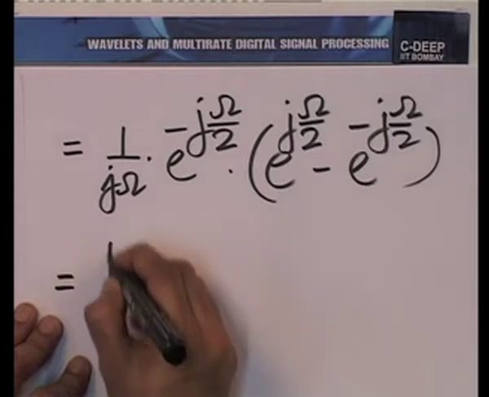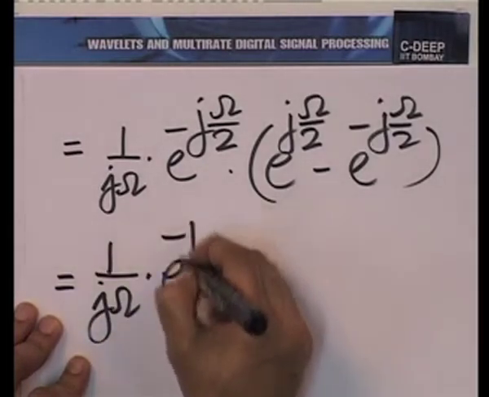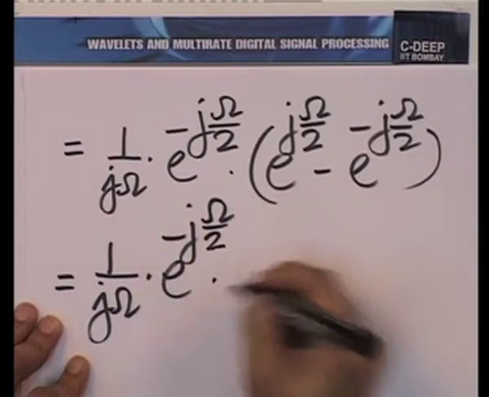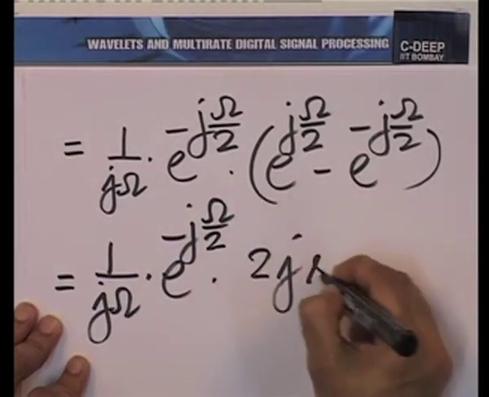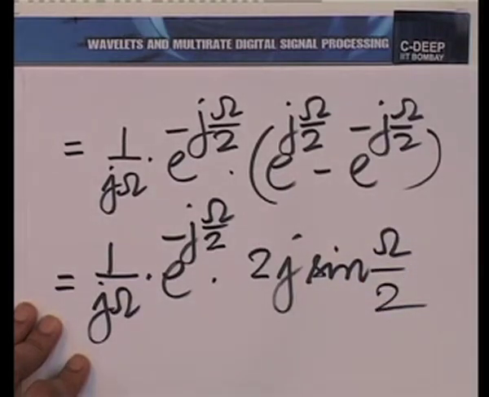And then we note that we have a sine hidden there. And doing away with the j's, we will have